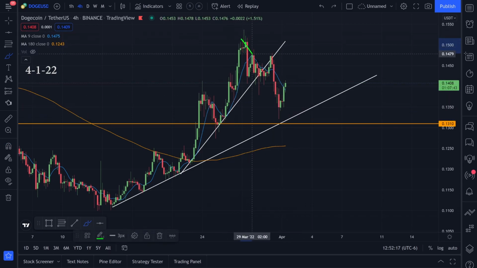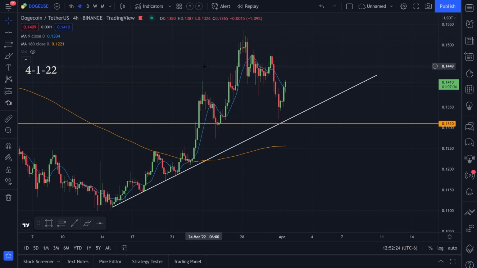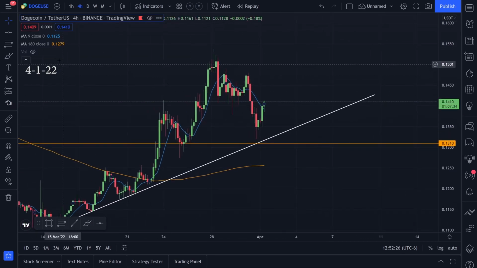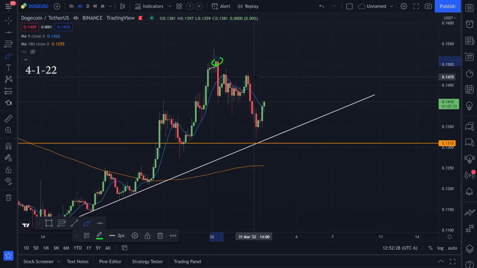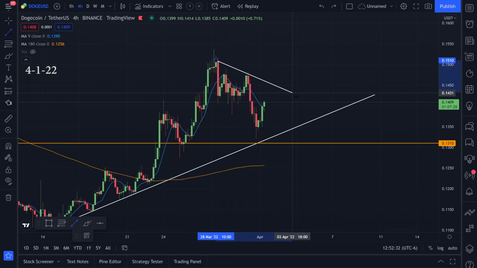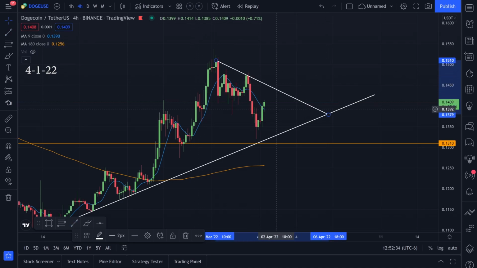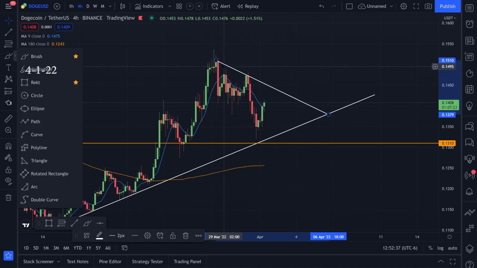But I still think it looks like we're trending down because I'm still watching this resistance and this resistance. Let's go ahead and delete this trend line because we already broke it. We don't have to worry about it too much anymore. Let's draw a trend line from this one and this one. So it kind of looks like we're trending down still, or we have this trend line that we have to break. We have a downtrend like that. Once we break this downtrend